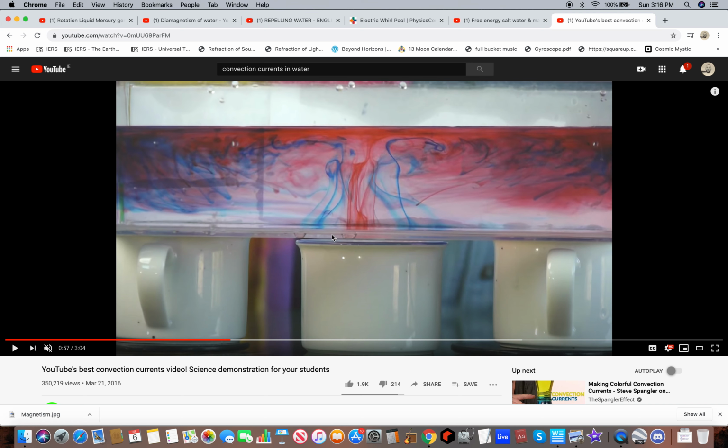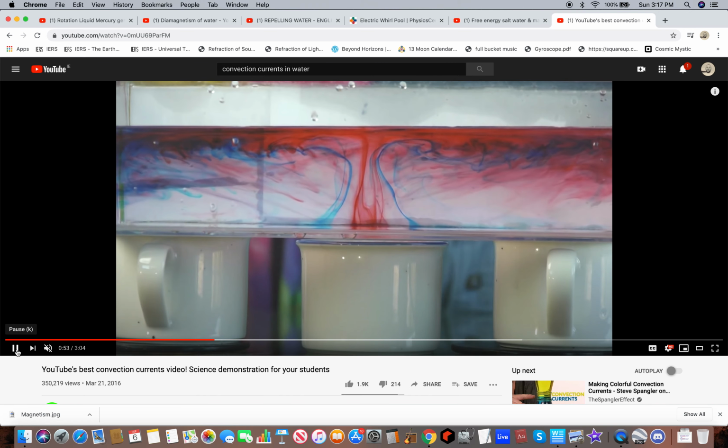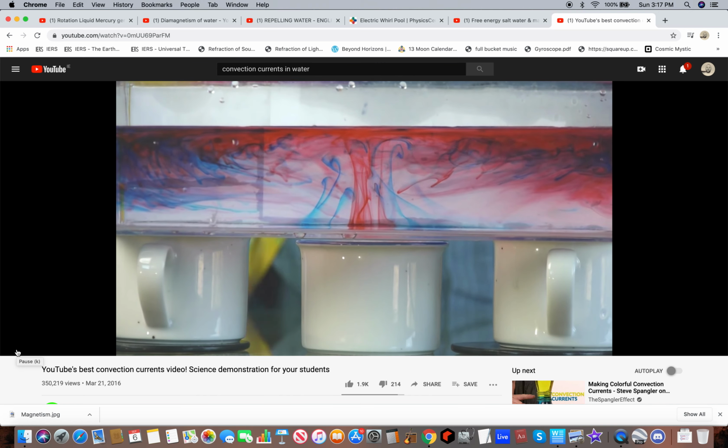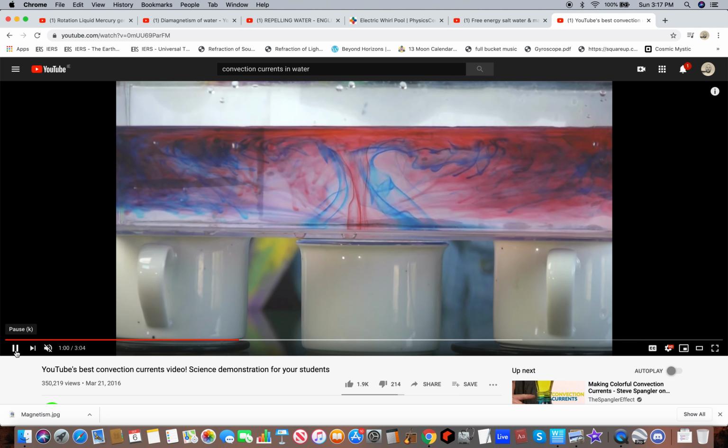So if you can imagine the sun here causing this effect, let's say it's inverted, and this is the bottom of the ocean, this is the top, and this is the sun. If you move the sun around, it's creating convection within the oceans. It's causing this exchange to happen. So look at the exchange 10 times faster. You can see the exchange happening. This is what's happening. Okay, so that's convection, which causes